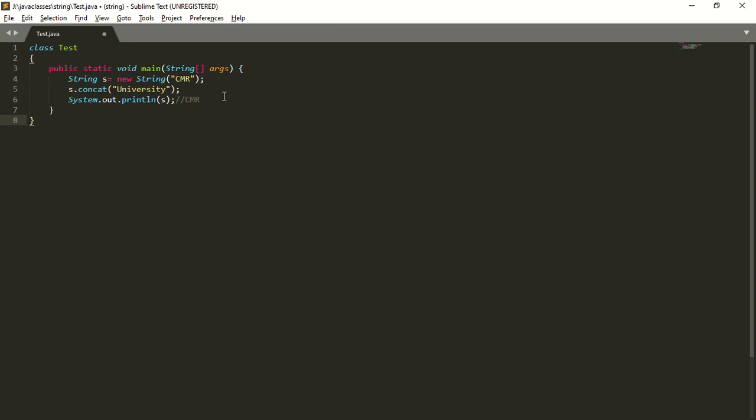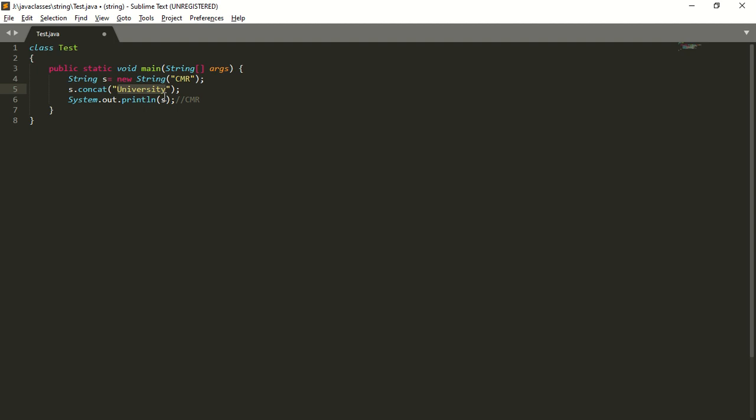You know that, in the case of strings, strings are immutable. So what is the meaning of immutable? Immutable means non-changeable. That is, if we try to perform any changes on the existing String object, a new object will be created with those changes. And you can see here, I am not referencing this object with any reference variable. So what happens to this object? This object is eligible for garbage collection.